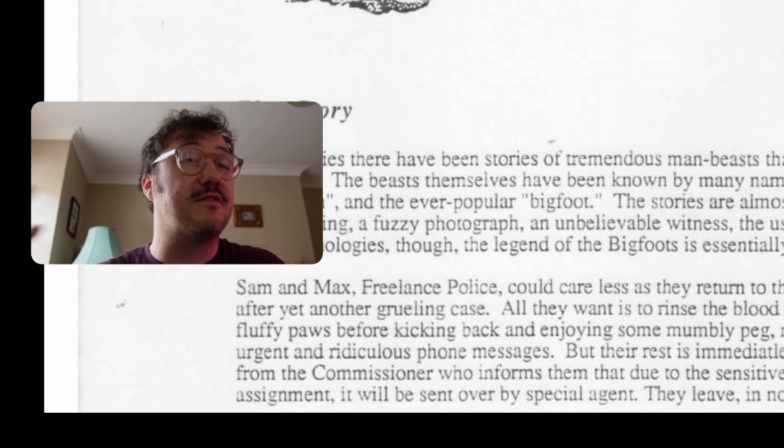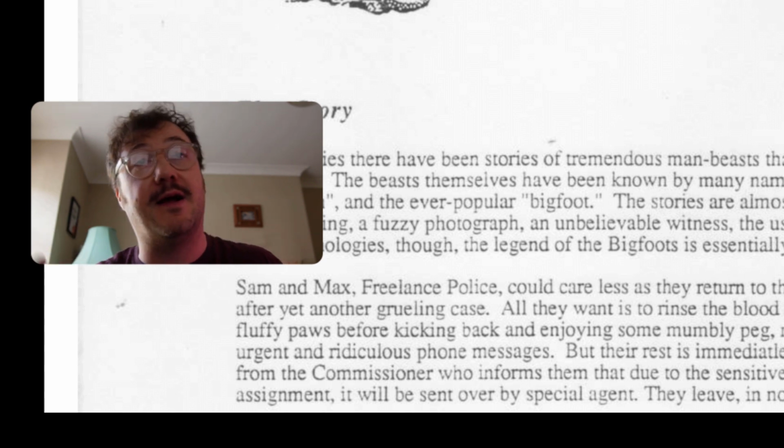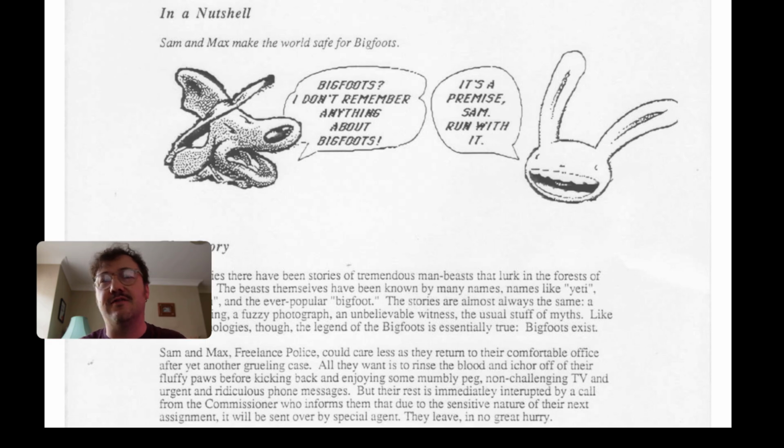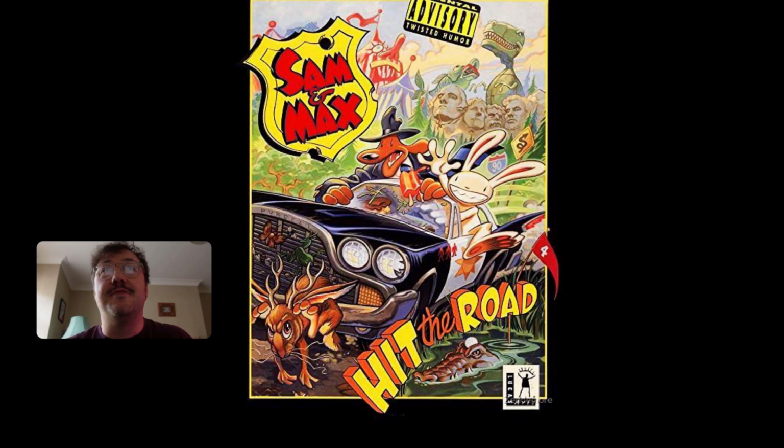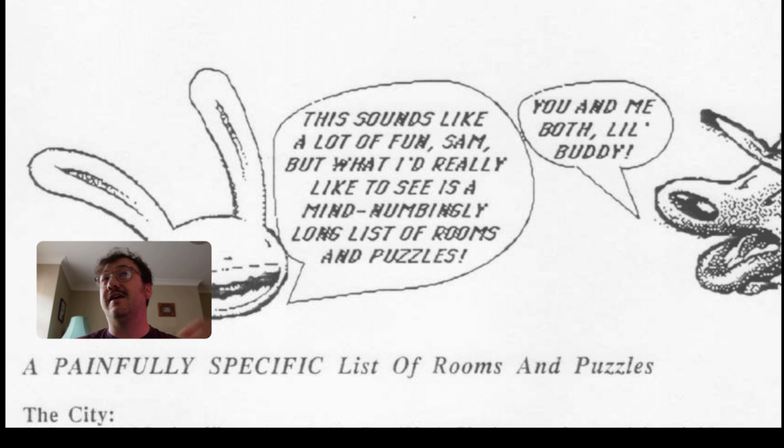This is very much the tone of the writing in Sam & Max, that they will break the fourth wall in the game and they will talk about what's happening in the story and everything. And we have them here doing that in the game design document. And I think that is a really interesting way of doing things that I think you could use even for a more serious game. If you're making a game with characters, having them pop up in your documentation and explain things in the world